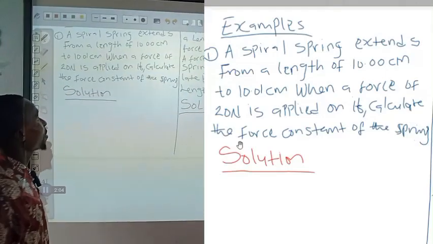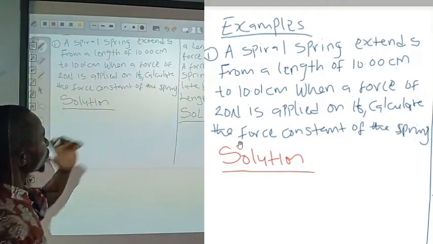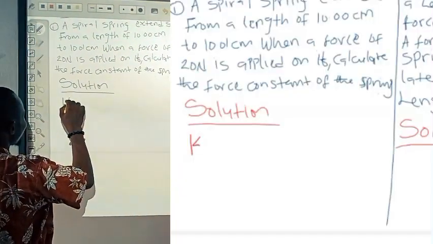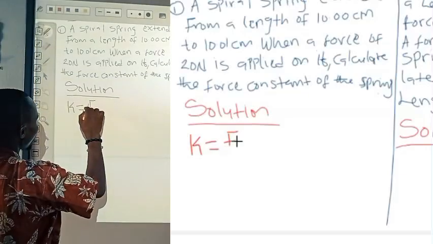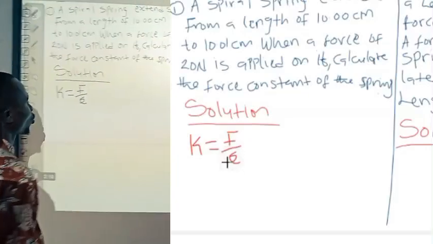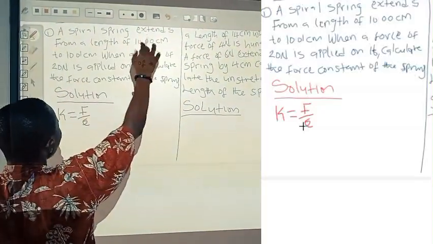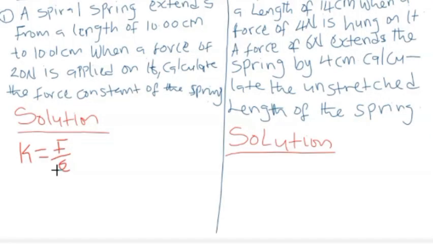All right. So from the question, we know that it's from Hooke's law, and they ask us to calculate the force constant K, which I have as K equal to F over extension. Now you bring out what is given in the question. They said a spiral spring extends from a length of 10.00 centimeter, which is the original length of the spring before the 20 Newton force was applied on it. So we can let L1 be the original length, is equal to